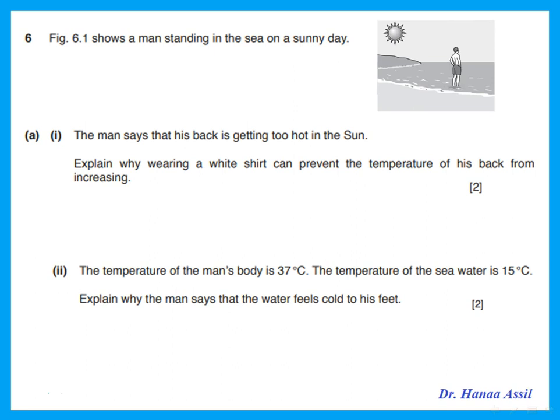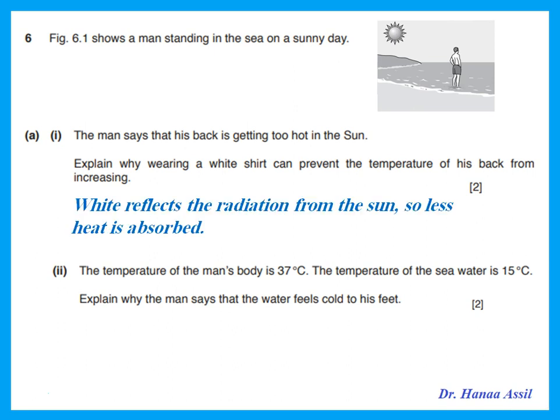Figure 6.1 shows a man standing in the sea on a sunny day. The man says that his back is getting too hot in the sun. Explain why wearing a white shirt can prevent the temperature of his back from increasing. So when he wears a white shirt, what happens? The white reflects the radiation from the sun, so less heat is absorbed onto his skin,